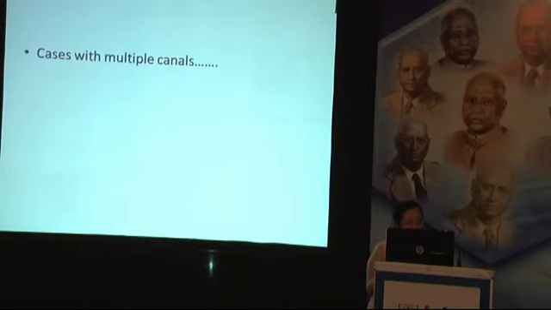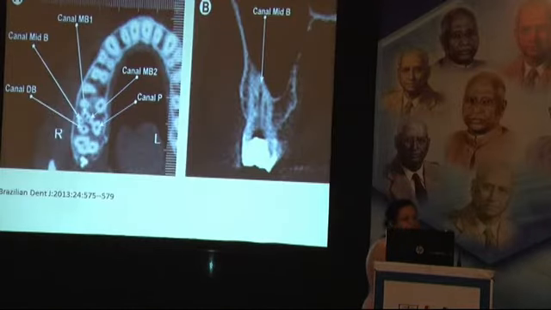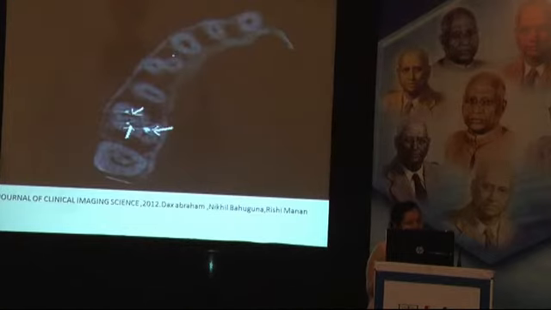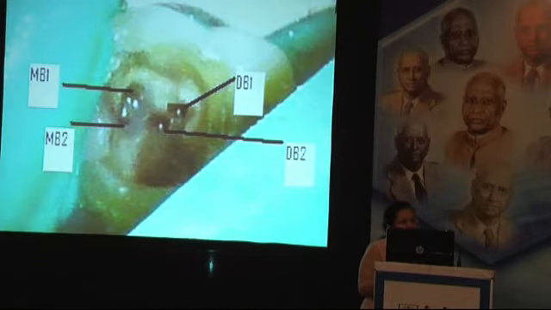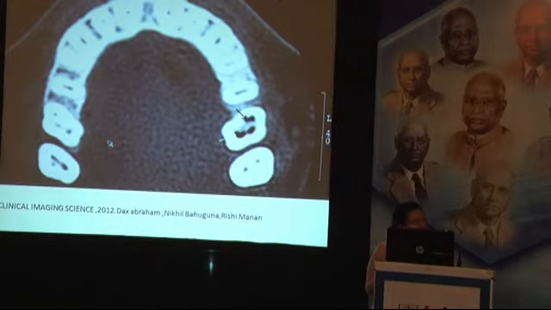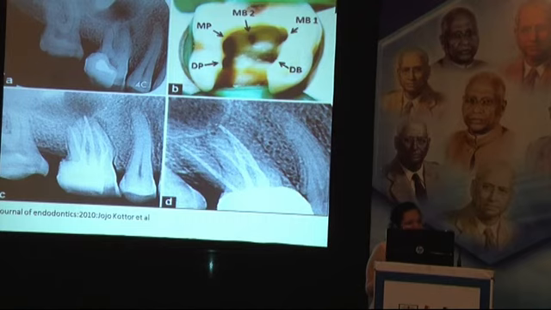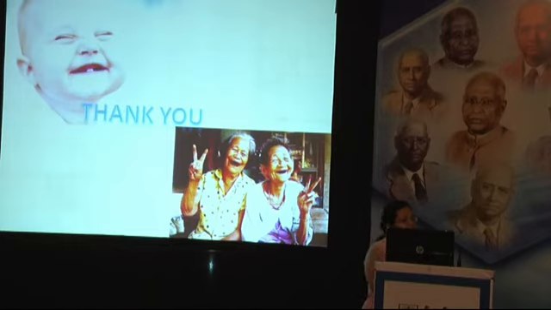Now I have come up with the cases of multiple canals. In the palatal molars, it is essential to diagnose multiple canals. This is a case where only 3 canals have been obturated, but there are extra MB2, distobuccal 2 and palatal 2. This is the clinical presentation of an upper molar. There is a C orifice which has been marked by the white arrows. This can also be detected by CBCT. The quality of obturation can be detected by this. So now we are all happy, from child who have lost the teeth